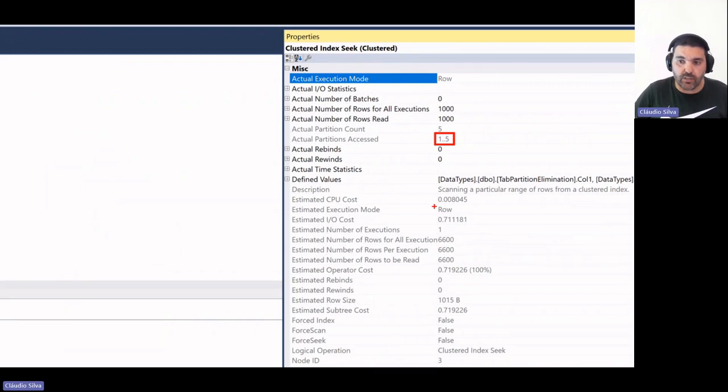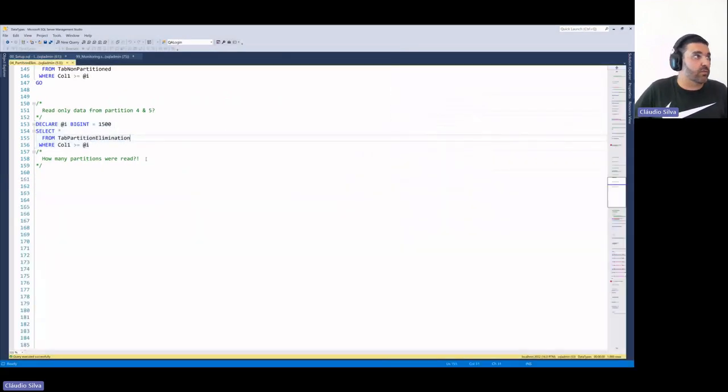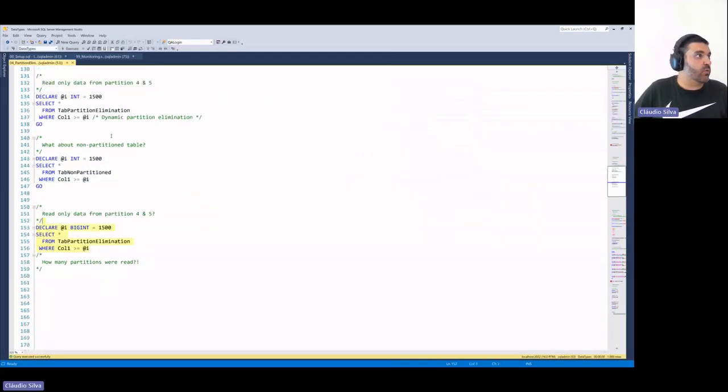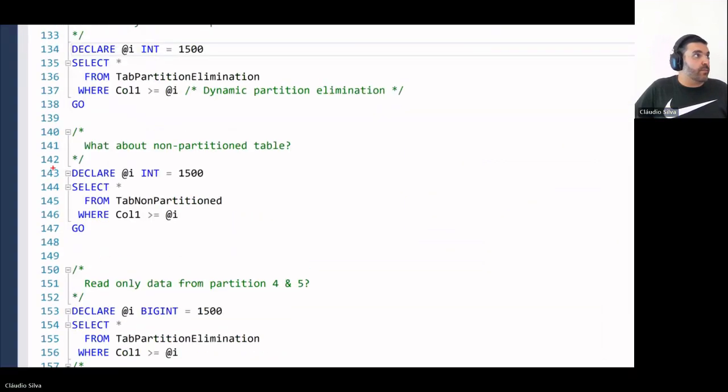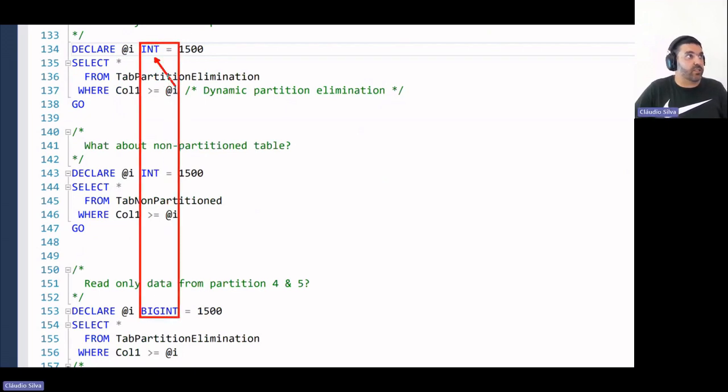What happened? What changed? What was the problem after all? Isn't this one equal to this one? Well, maybe not. Maybe this one is an integer and this one is a big int.